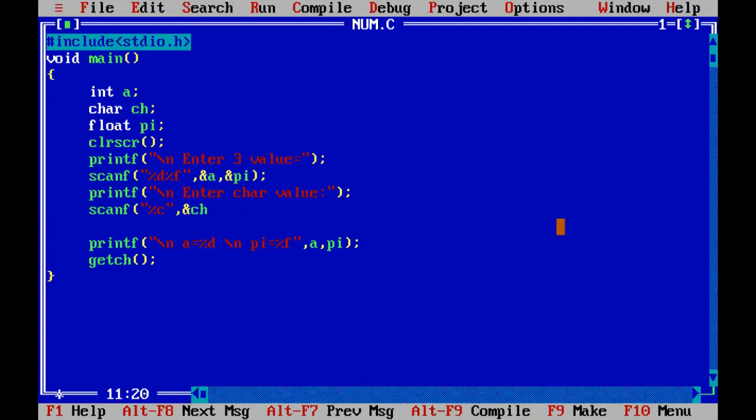So the ch variable, and ch is printed on the screen. Suppose after that \n, ch is equal to %c single character, and here ch. So save this program, compile, 0 errors, run.